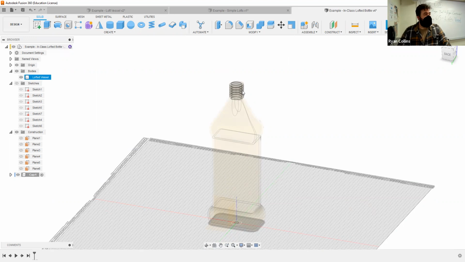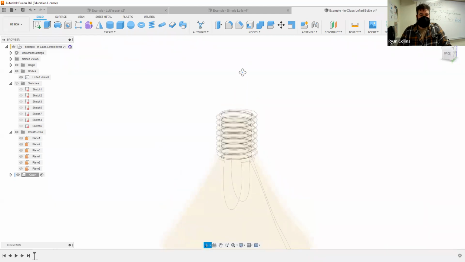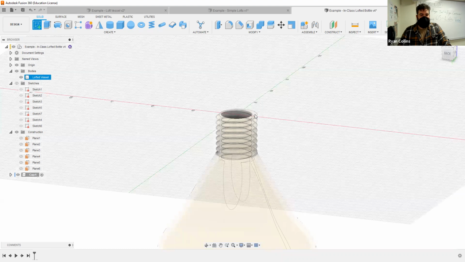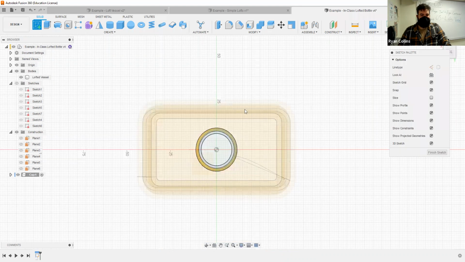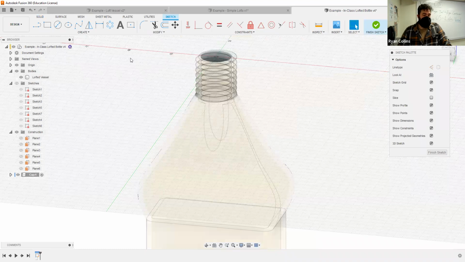That was 24 millimeters. If you need to write it down, that's fine. You can always take a measurement off of it later. But I find it easiest to start a sketch on the top here. So you can see it ghosting out there. I just want to select that uppermost edge, select there, that's fine. Or you can start a cylinder. In this case, I'm going to start a sketch,